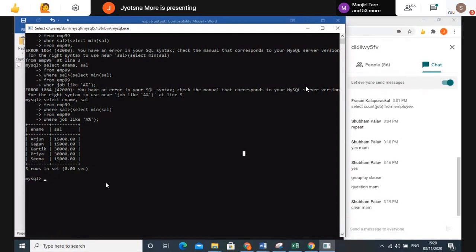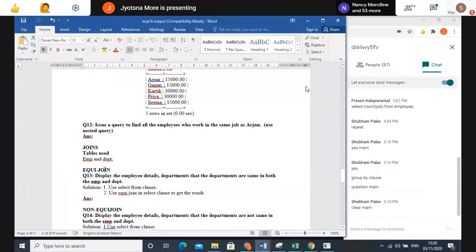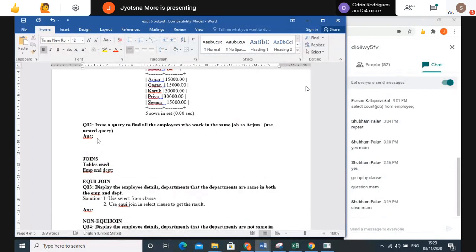What do I have to find out? Okay, we will go one by one. First, we will write the query where we find the job of Arjun. So who will give me that query? That query I will not write here, I will write in Word, because it is not the starting query. It is the innermost query. So first, someone give me the innermost query. You have to find out the job of Arjun. How will you write the query? Anyone? What do I have to find out?